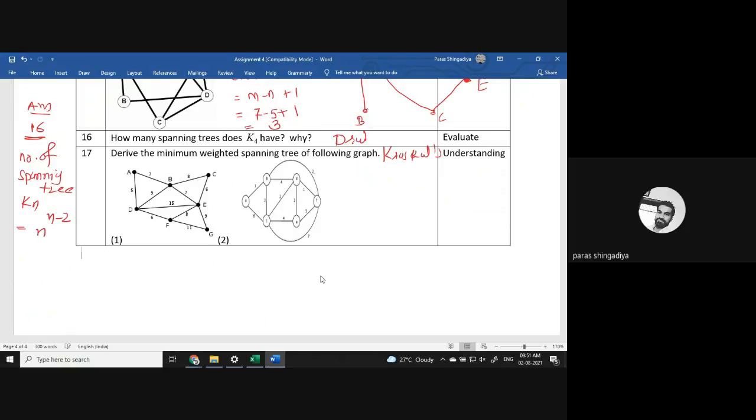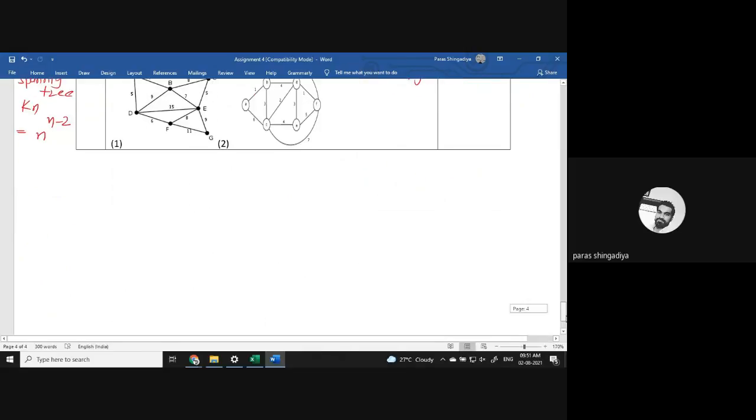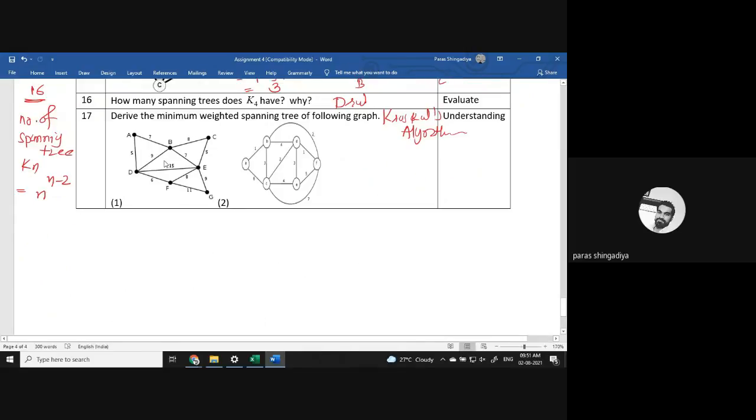Kruskal algorithm, to draw a weighted spanning tree. ठीक है, तो Kruskal algorithm क्या है? If we solve the first question, तो फर्स्ट स्टेप में आपको क्या करना है कि make a collection of the edges. ठीक है, एज का कलेक्शन बनाना है यहाँ पे. Make a list, so create a list of these edges. That is your step 1.